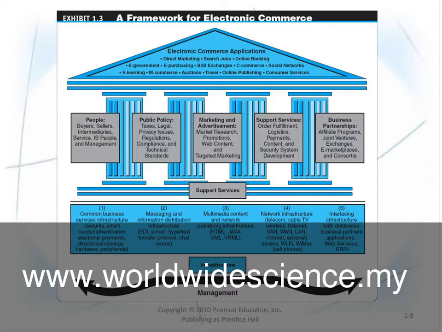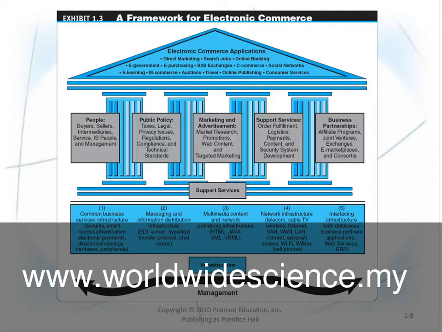You can see common business service infrastructure like security, smart card, authentication, electronic payment, catalogs, hardware. The next step, you need messaging and information distribution infrastructure like email, hypertext transfer protocol, chat room,